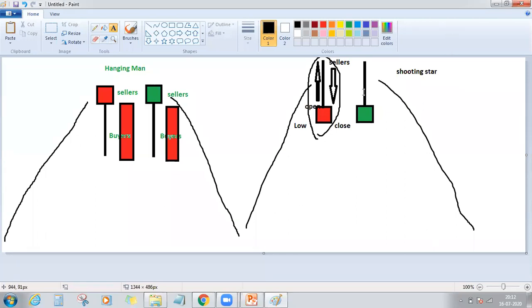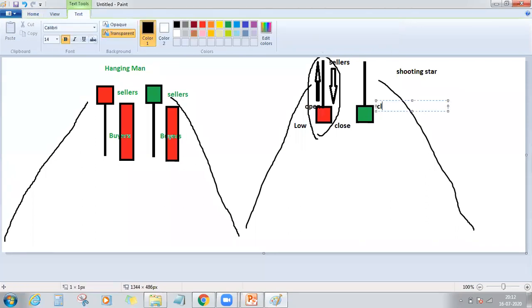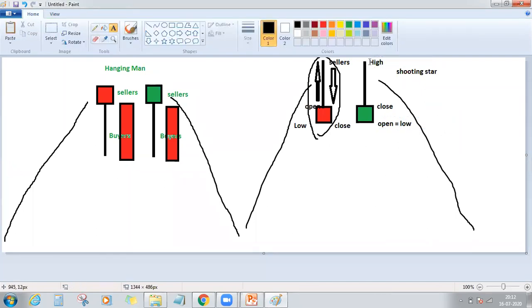And in this particular candlestick pattern, the close price was higher. This was the open price. This is the closing price, and open was equal to low, and this is the high price. Now, since the sellers were not able to completely reject the price, they were not able to close below the opening price, we have to wait for a confirmation here. So there should be a candle which should close below the low of this shooting star, and the color of that candle should be definitely red in color. Only then we can say that those buyers who still existed here, they were defeated by these sellers. Then only the price will start falling down.